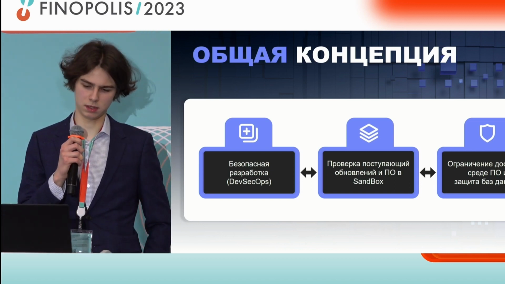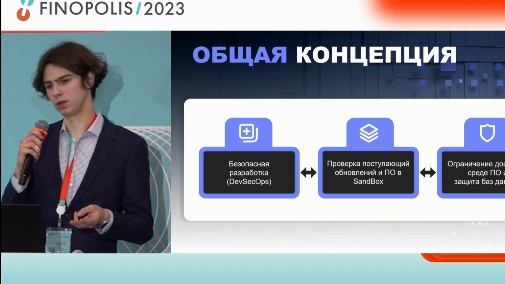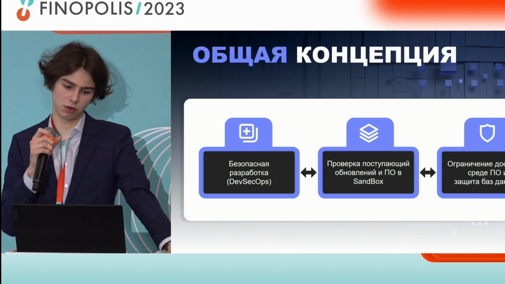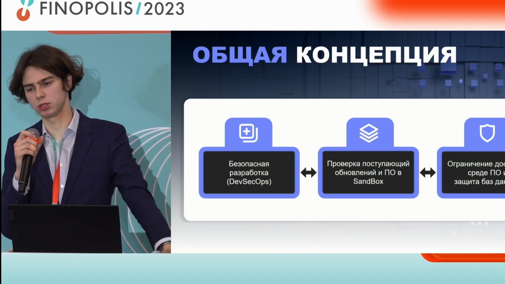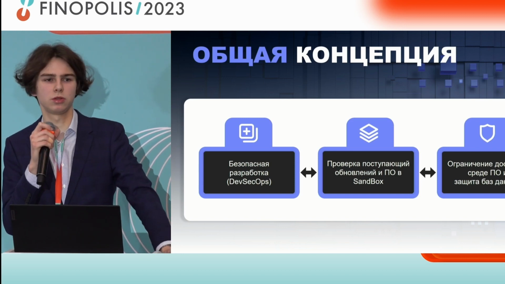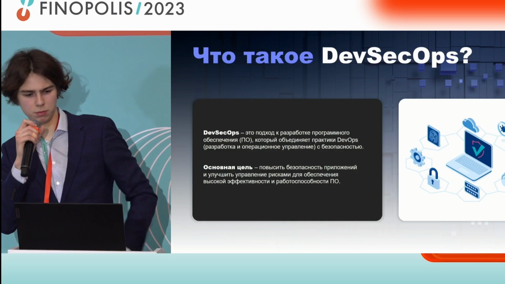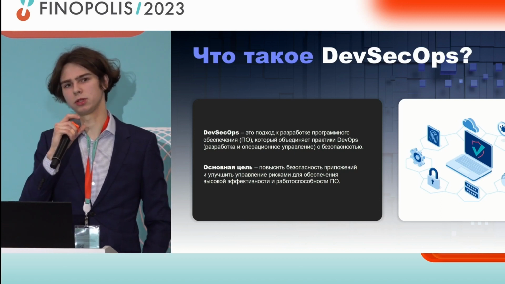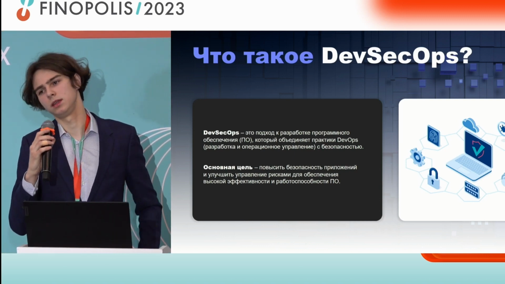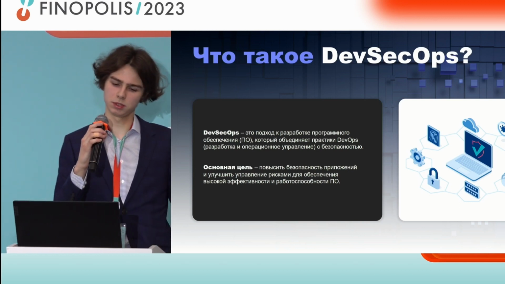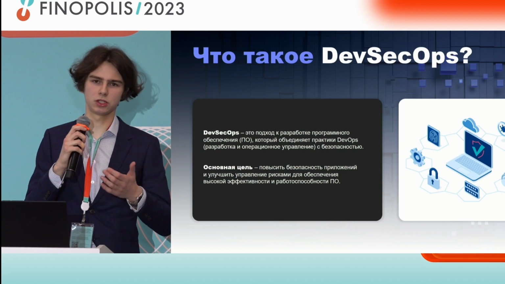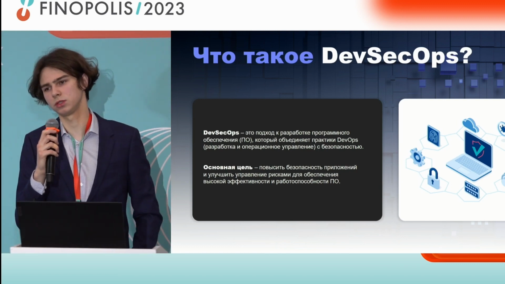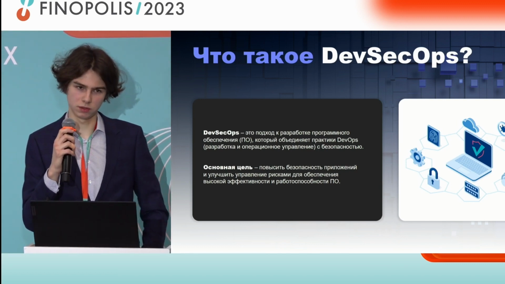What is our general concept? This is a big pipeline, 3 steps. This is safe development, permanent protection of the codes and updates through the sandbox, and also limited access and monitoring of the database. Let us pass to the DevSecOps approach. This includes all the methods and advantages of DevOps, and it introduces at each stage of development the permanent check of